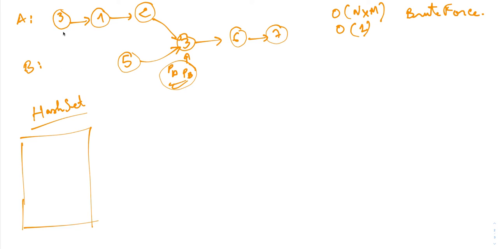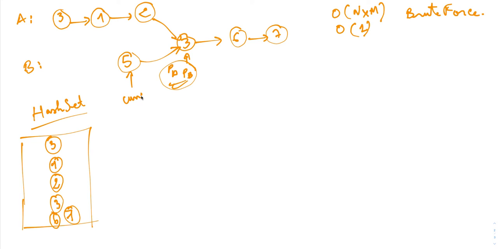So the first thing we're going to do is storing all the nodes of our first list in our hash set. So I'm going to have a 3, a 1, a 2, a 3, 6, and a 7. First of all, I'm going to loop through all my elements here, the list node A, and put them in my hash set. So this is the first loop. The second loop, I'm going to loop through the second list node B,